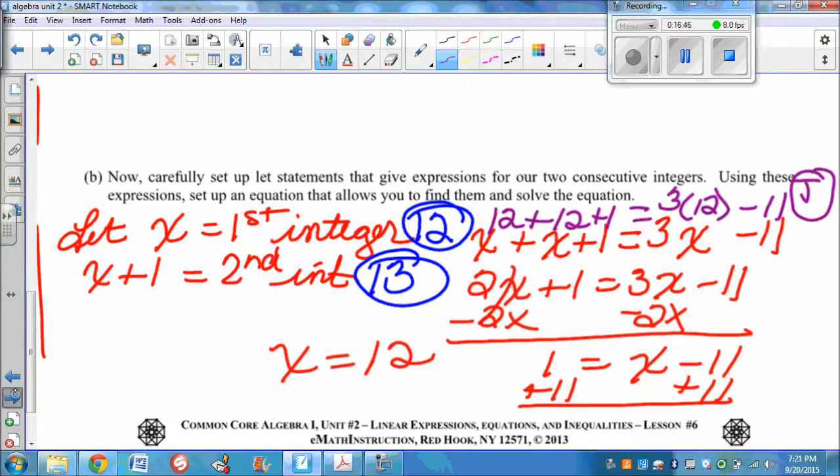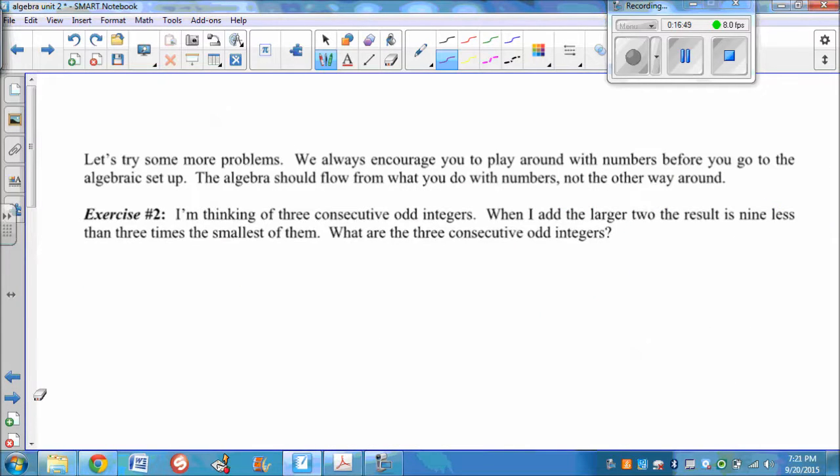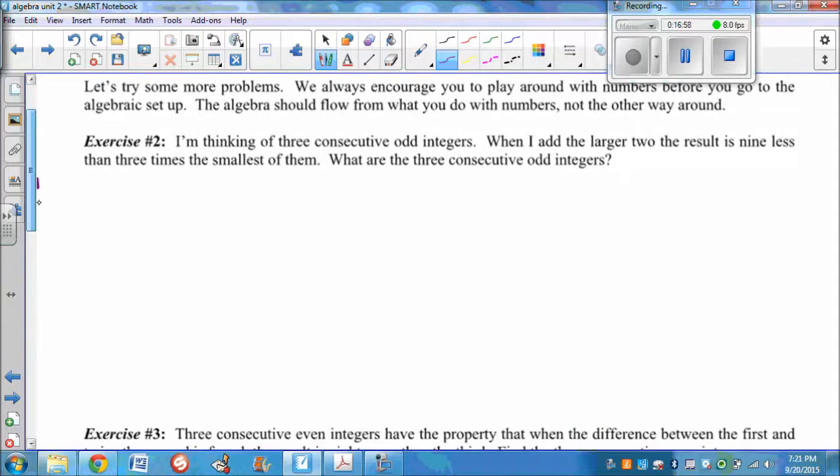All right. So it says let's try some more problems. So talking about playing around with some numbers, let's do that because I kind of blew it off on that first one. It says I'm thinking of 3 consecutive odd integers. So 3 odd numbers right in a row. I don't know, let's start with 3, 5, 7. Those are odd numbers, one right in a row. It says when I add